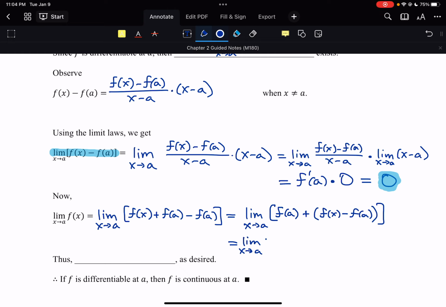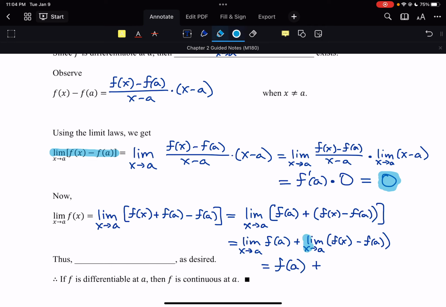So we get limit of f of a plus limit of f of x minus f of a. Now, this first one, limit as x approaches a of f of a, that's just f of a, right? Because if x is approaching a, there are no x's in this at all. It's just a's already. So that's just f of a